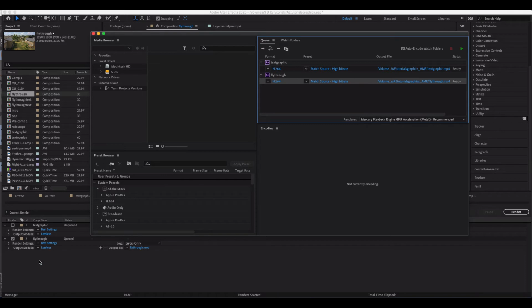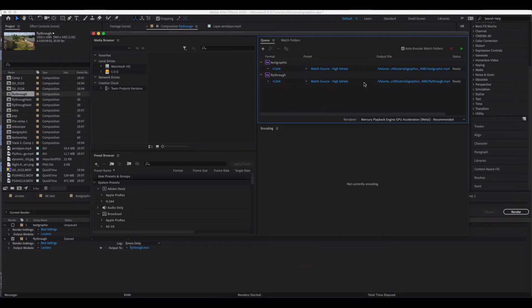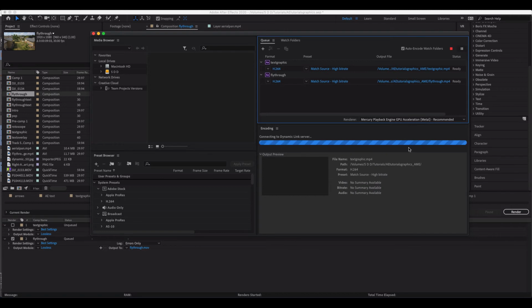Now that's similar to down here. However, it's just a lot nicer if you want to make individual changes to these formats and have a larger breadth of formats for rendering. So all I need to do here is just click the start button and it will connect to the Dynamic Link server. Make sure that you're using the same version of After Effects and the Adobe Media Encoder,